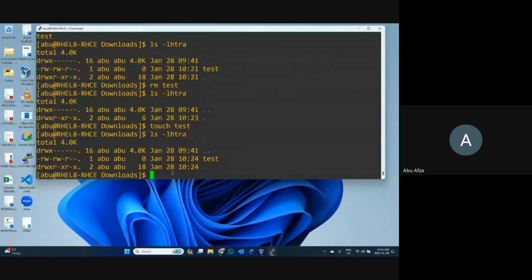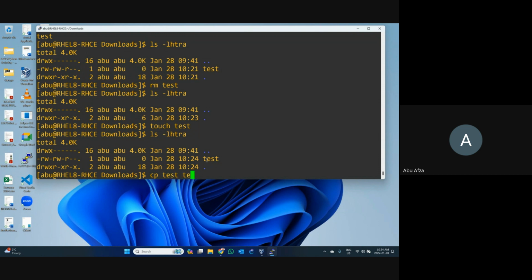Let's create another file, and that file is copied from this one. That means sometimes we make a copy. First we copy it, and after then you can change it. So I have to copy one file. How can I copy? What is the command for copy? Write cp, old file. This is the old file.